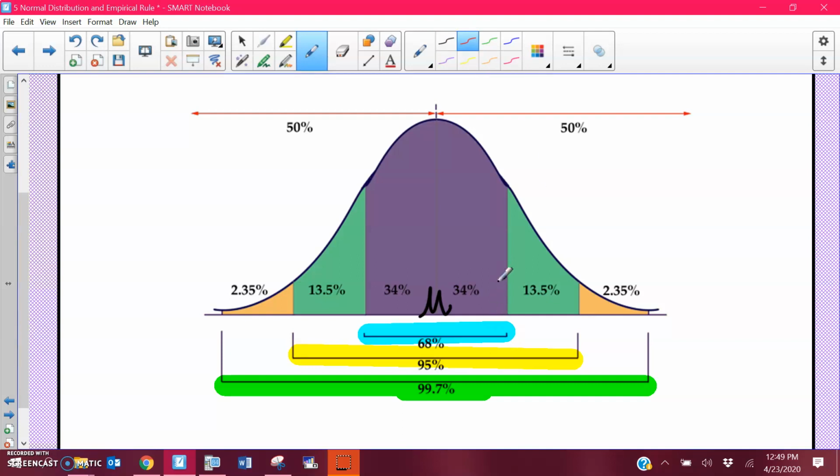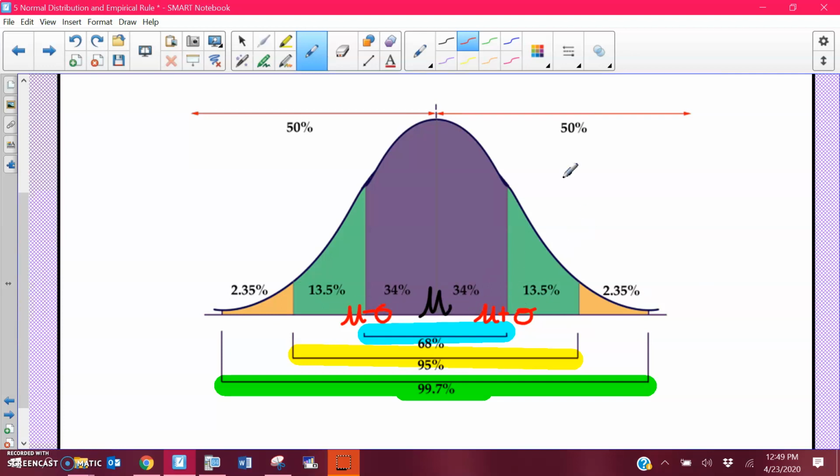So what that means is that if you're just looking at half of your data, this first little point is going to be the mean, whatever the mean was, and you get to add the standard deviation to it. It's trying to be a sigma. And then this guy would be your mean minus that standard deviation. So again, that's 1 standard deviation away from the mean, is 34% of your data,